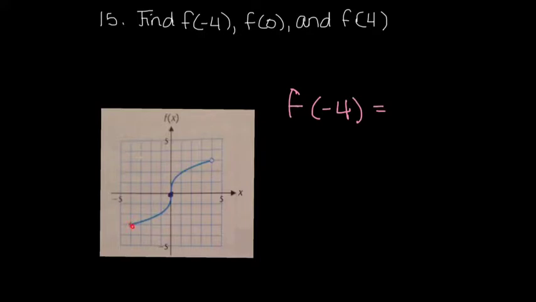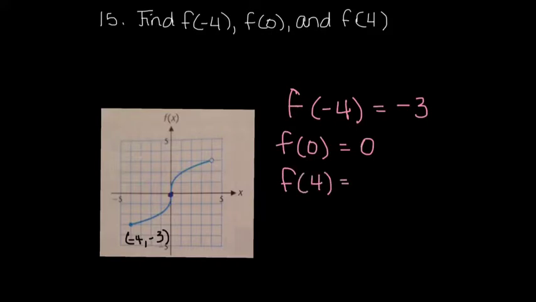If I come down, this is the point that corresponds to that point on the function. So that is the point negative 4, negative 3, which means that f of negative 4 is equal to negative 3. Similarly, f of 0 is going to equal 0, because if I find where x is 0, y is also 0 there. And then finally, to find f of positive 4,